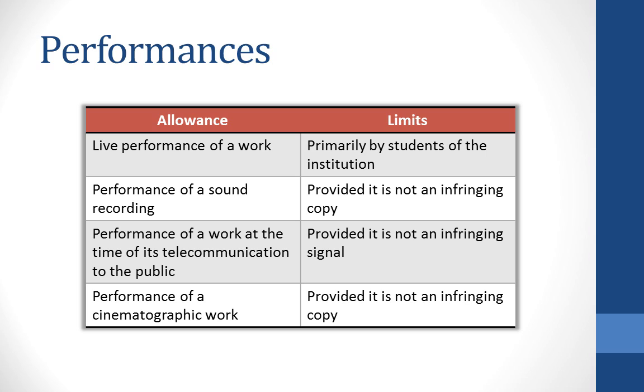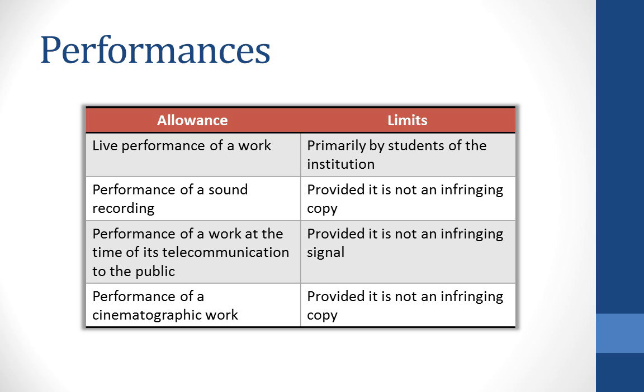The second allowable use includes a number of different types of performances. An educational institution for the purpose of education or training, on its premises, not for profit, and before an audience made up of primarily students and educators of that institution, may perform the following: a live performance of a copyright-protected work, provided the performers are primarily students of the institution;